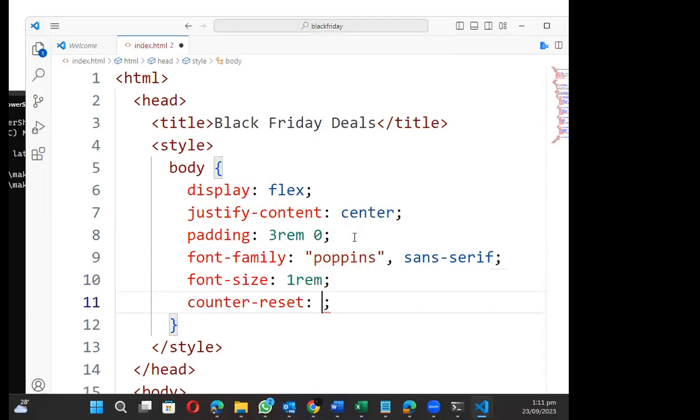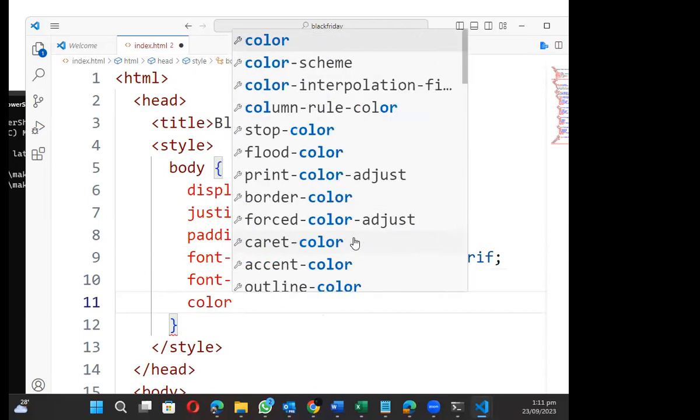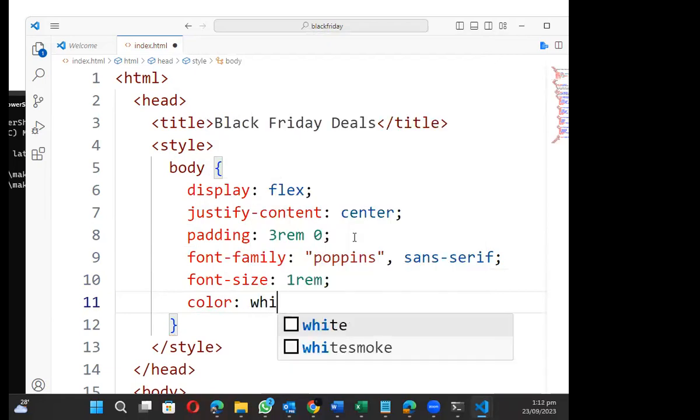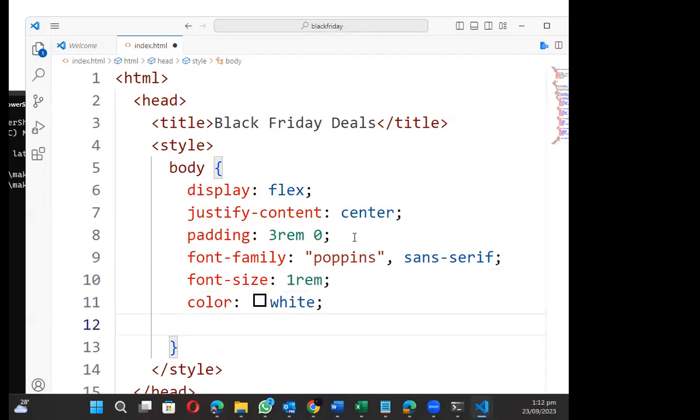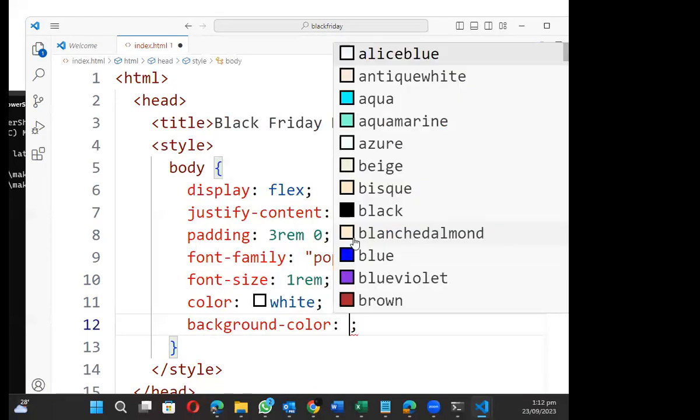We want the color, that is the font color, to be white. And we want the background color to be